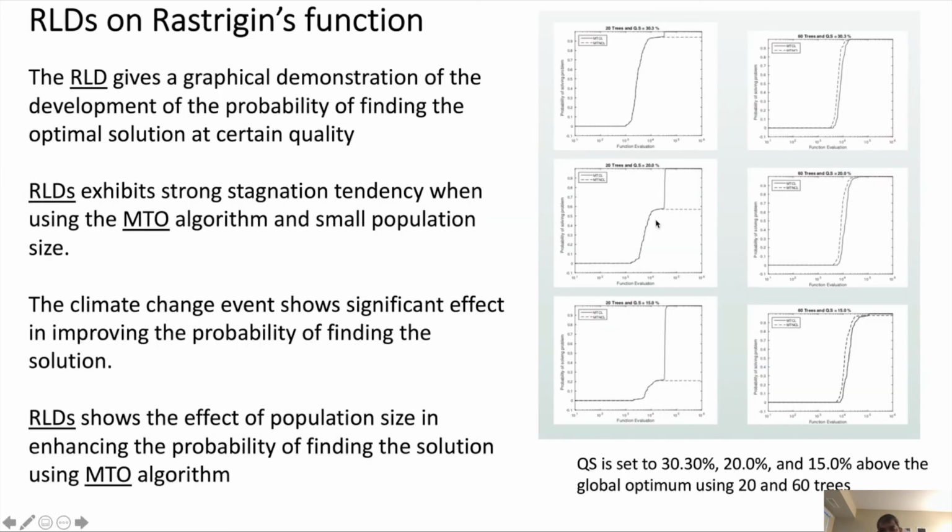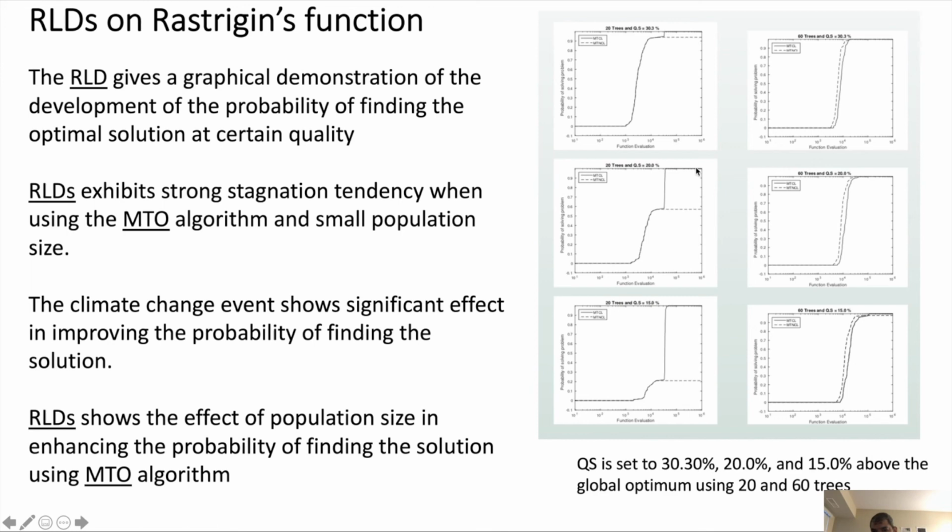And this is a simulation of run length distribution on a couple of benchmark functions, a graph used to demonstrate the probability of finding the optimal solution. As we can see here, the dotted line is for the one without climate change and the solid for the one with climate change. The probability of finding the solution really increases when we use the